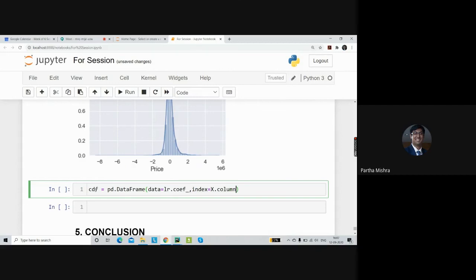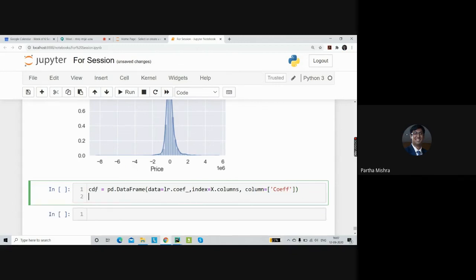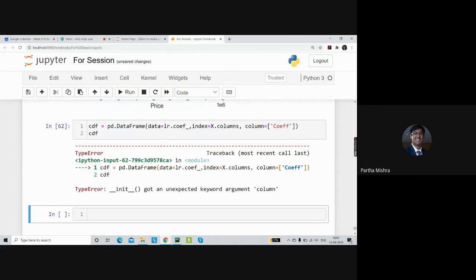And since it's going to come in the form of a data frame, let's call the column name of the data frame coefficient, I'll just call it coef. Let's print it out, or otherwise we'll simply run this.